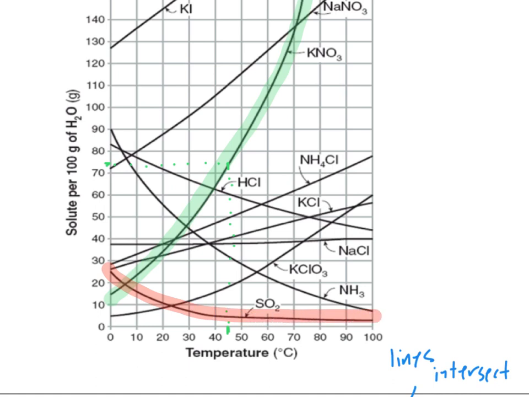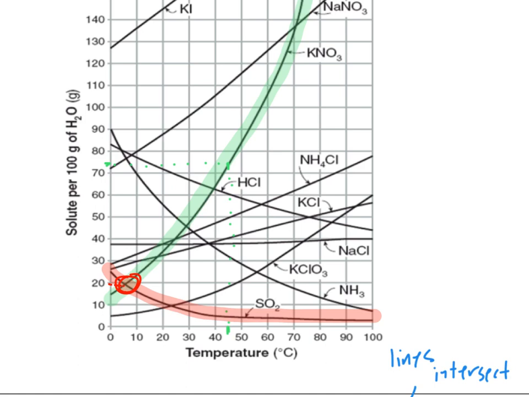Okay, so now I want to look at where those lines intersect. When I find the intersection, it looks to be right there. When I follow that along to the y-axis, it looks like approximately close to 20 grams. But the question is asking what temperature, so that means I'm looking at my